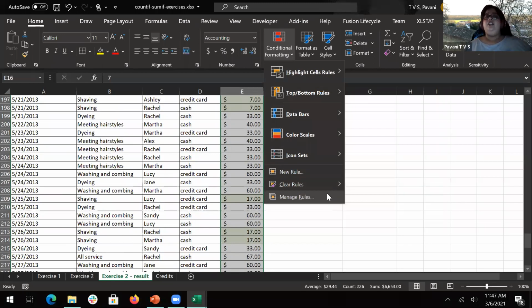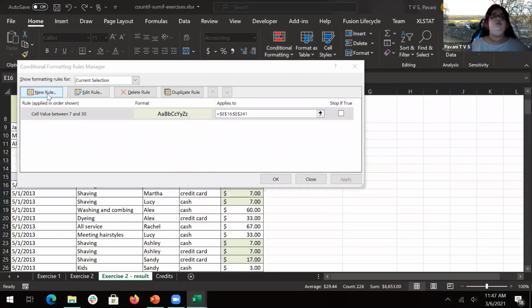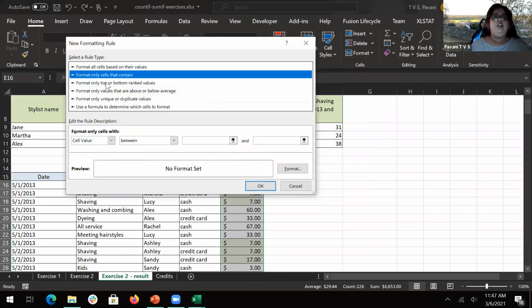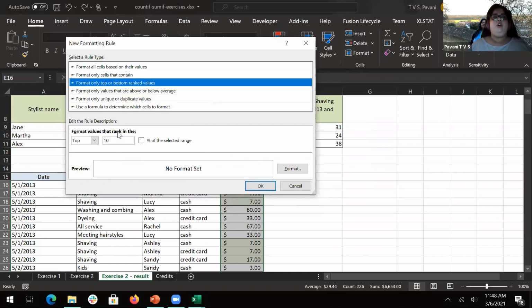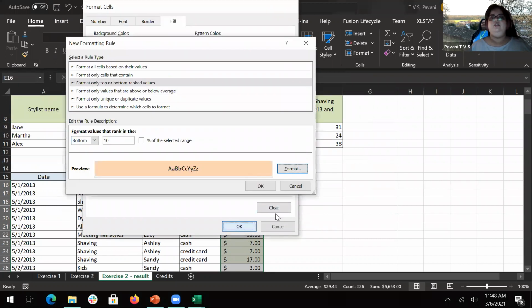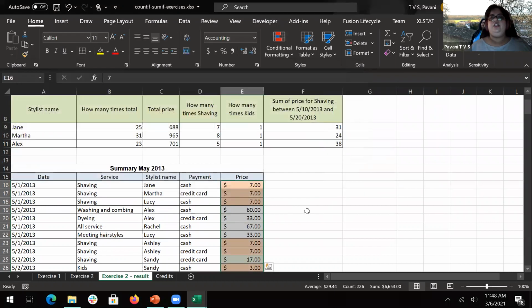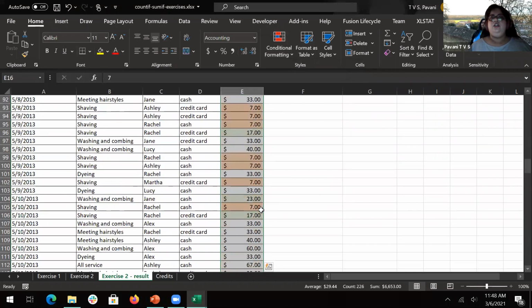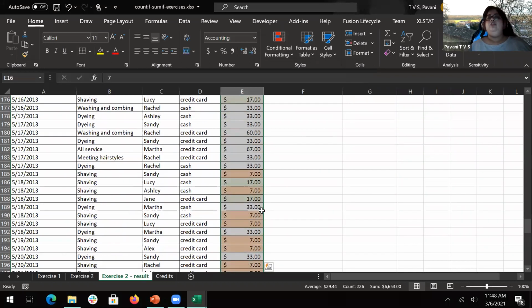And there are multiple conditions also you can write. You don't need to do only one condition. Say you want top or a bottom rank, say bottom 10, and say format and fill light red, and click on OK and click on OK. See, both the conditions are applied now.